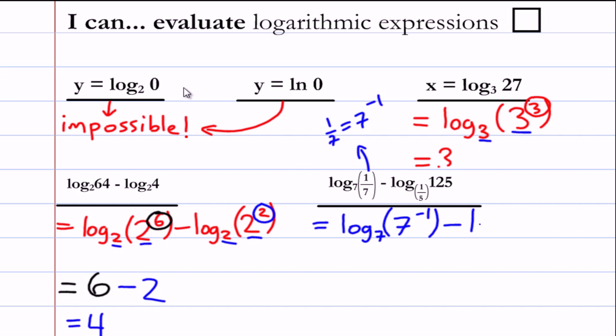So we write log 1/5, and 125 is the same as 1/5 to the minus 3. So now we have the bases the same for this term, and we just pluck out the exponent. That's the answer for that term. The bases are the same now for this term, so we pluck out the exponent,